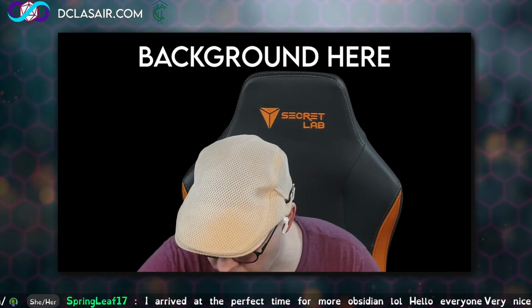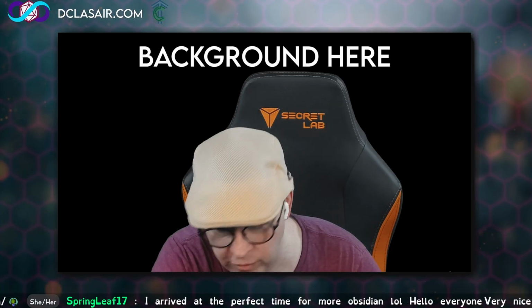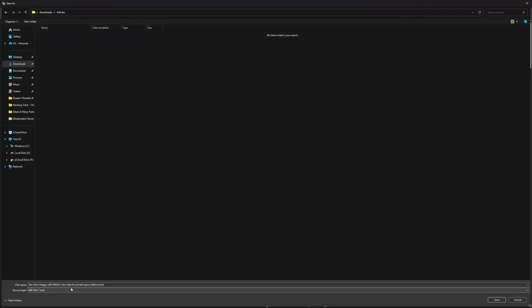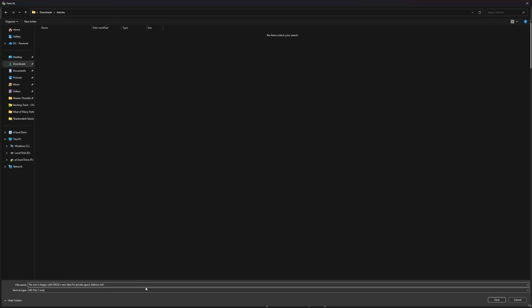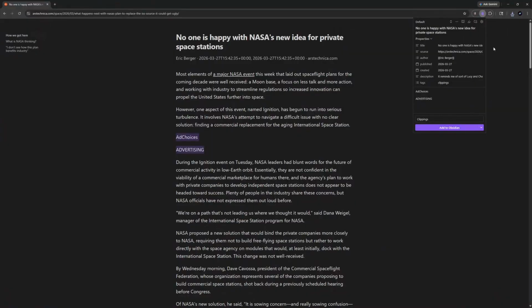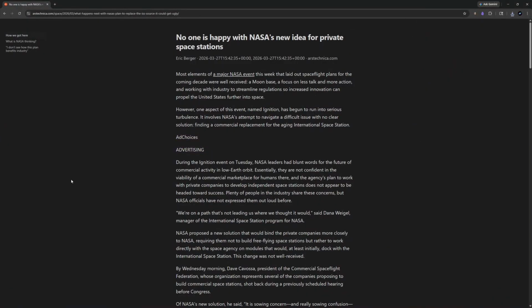Okay, so I made a new folder. Here it is. Here's the title of the article. It's .md, so it's a markdown file. And then just click the save button as you would. It saves it. Tells you that it saved it. It'll appear in your saved documents. And then when I open this up,